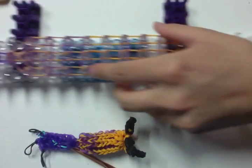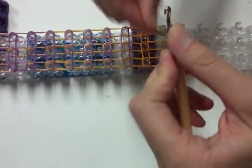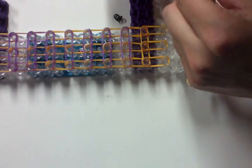Okay, now we're going to make some claws. So take your black bands, wrap one around your hook, creating 5 loops. Then we're going to double loop 3 onto that. So here's